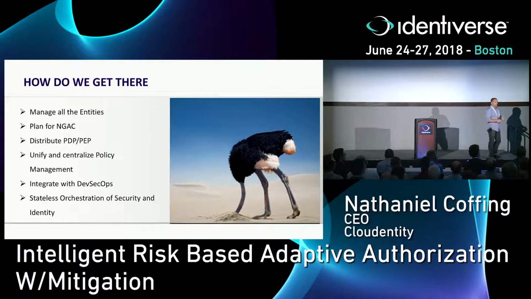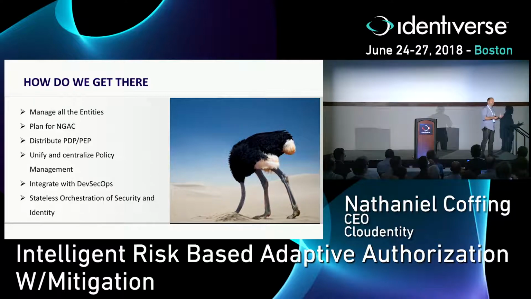Make sure we have distributed policy decision and policy enforcement points. When I start to think about my developers building all of these distributed applications, I need to marry those with identity microservices. I can't say, you know what, I'm going to go call a cloud IDaaS for every authorization, right? I just killed my performance. Or I want to go and call my monolithic stack that's sitting on-prem somewhere. You just killed all of your performance advantages of having a distributed application. So I need to marry things and give my developers the tools to have those distributed policy decision and distributed policy enforcement points to make these complex decisions in real time when the transactions are hitting those microservices.